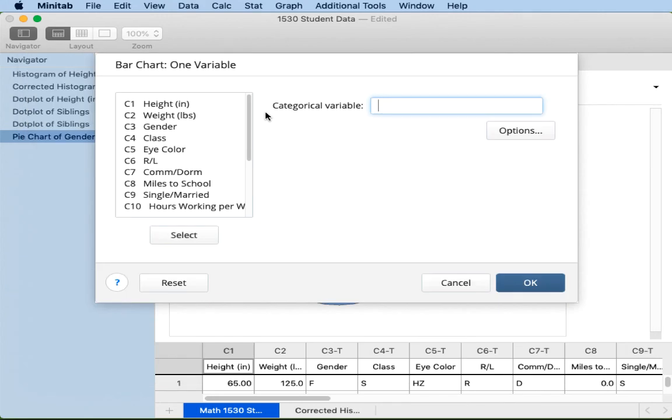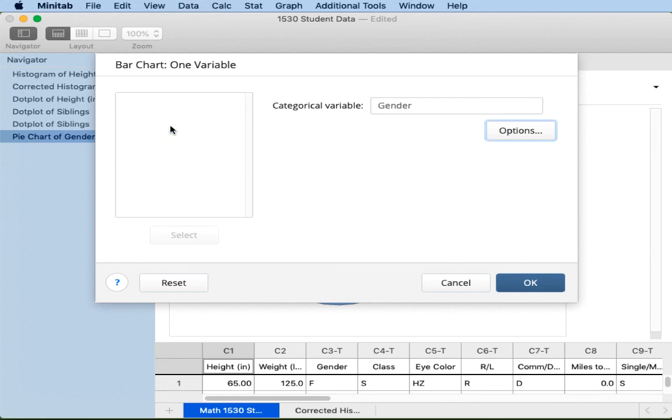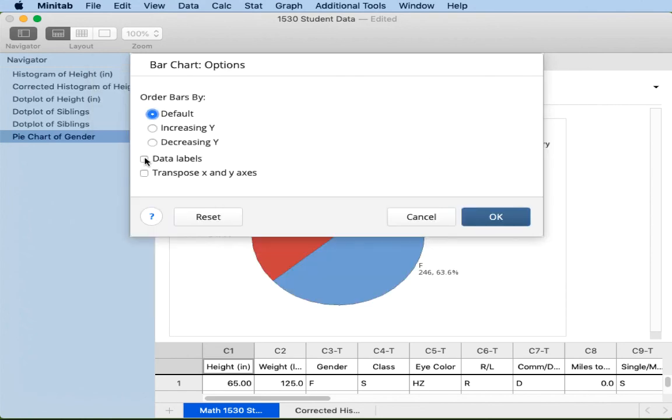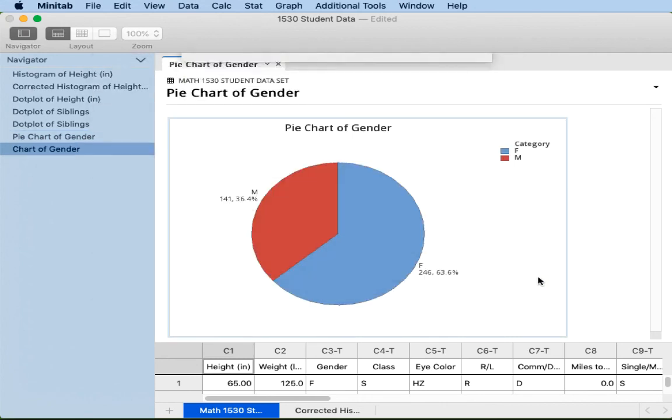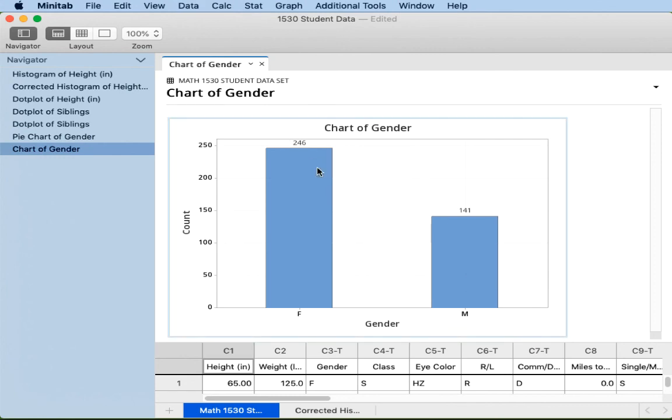And we are doing, remember, the housing status. And then just click on, and this is being done by the gender here. Okay. And once again, you have options. If you want to look at the options, you can see you want data labels, transpose X. So I would say if you want, you can say, hey, let's look at data labels too. Okay. So it gives you the number of values, which makes your life simple because it already tells you how many values are here. So once again, save this and put it in your